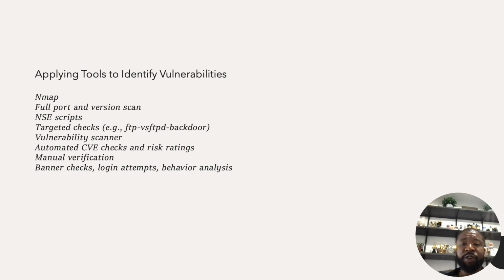To identify vulnerabilities, I started broad and then narrowed. I did an Nmap port scan with service and version detection to get a fingerprint of the system. Once I noticed the FTP on port 21 with vsftpd 2.3.4, that immediately triggered a hypothesis that the host might be vulnerable to the well-known vsftpd backdoor, CVE